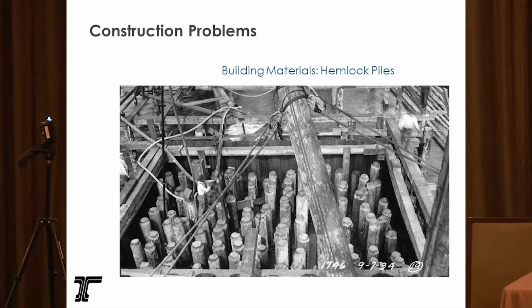Partially because it was a WPA program, they had a lot of restrictions on how they could acquire materials, a lot of guidance offered. So one of the changes they had made to their specifications, and at this point they've built thousands of bridges successfully, they changed their specifications so that the piles, for the pile supported footings, which is all of them, because it's all in sand,